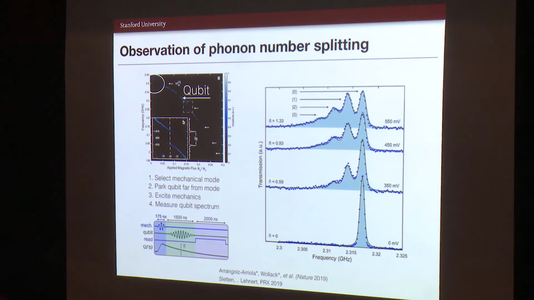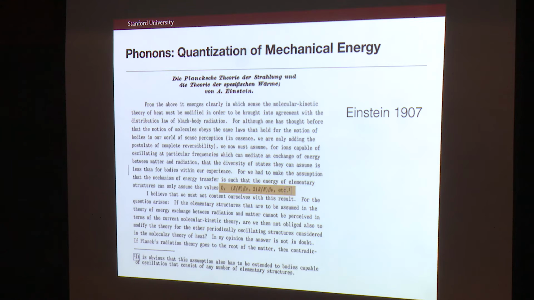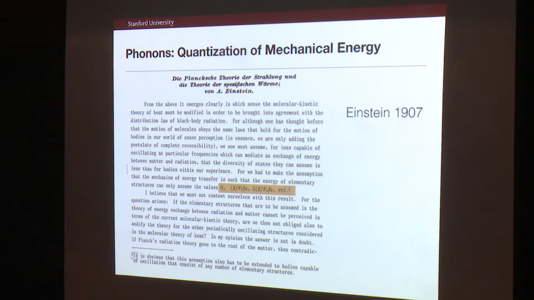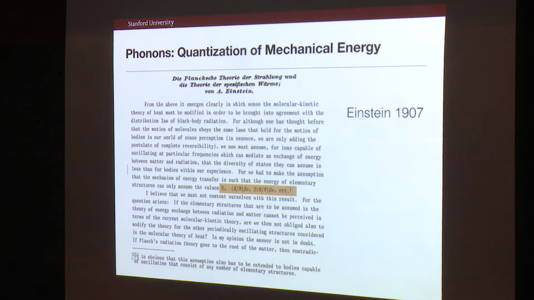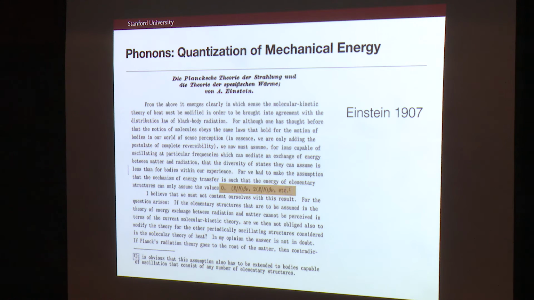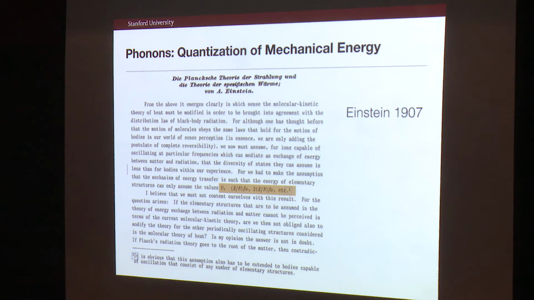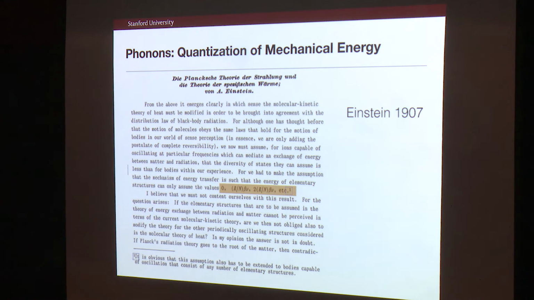Okay, so just taking a step back, I was trying to look at a little bit of the literature on quantum mechanics, and there's this paper by Einstein in 1907, which is basically on the theory of black bodies. In this paper, he says that for Planck's theory to be correct, you have to quantize the motion of all ions and all mechanical systems inside your bath.